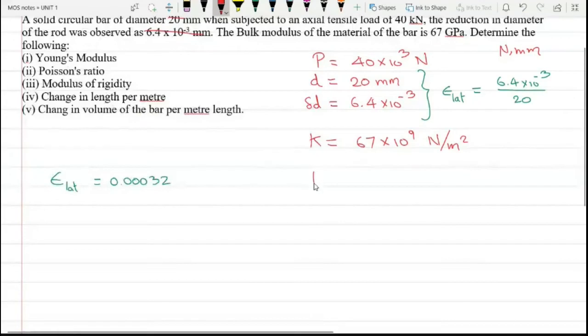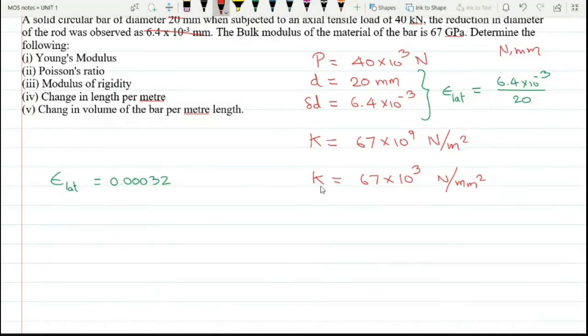I'm converting to Newton per mm square, because we are solving in Newton and mm. So K is equal to 67 into, I will take 10 power 3 out. The remaining 10 power 6 Newton per meter square is megapascal, which I can write as 1 megapascal is 1 Newton per mm square. So this is Newton per mm square. Okay, so we identified that. Now I have to identify all the other data.